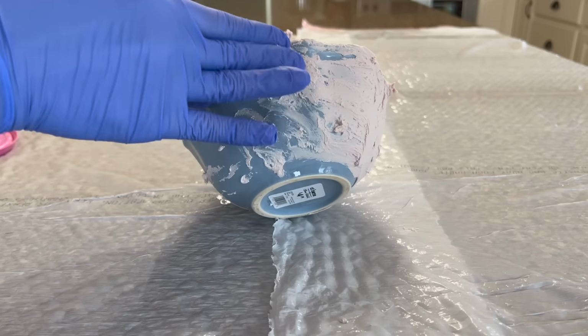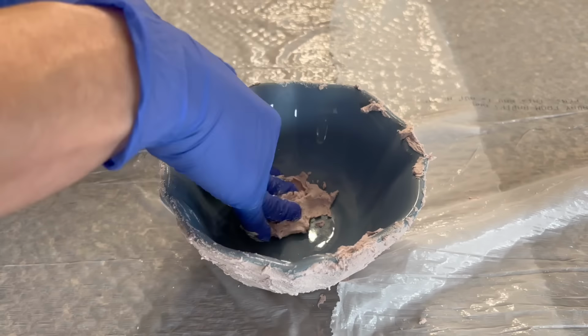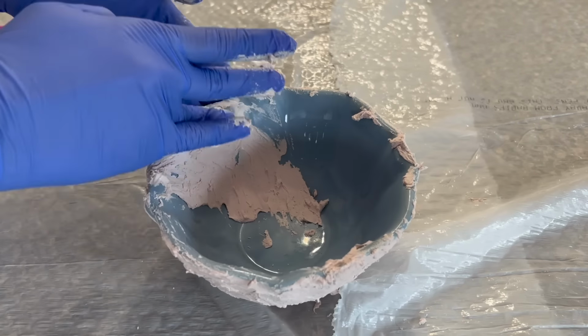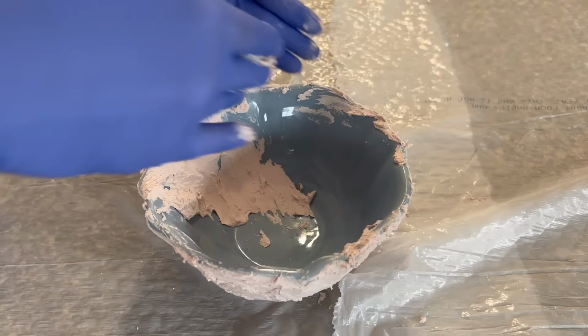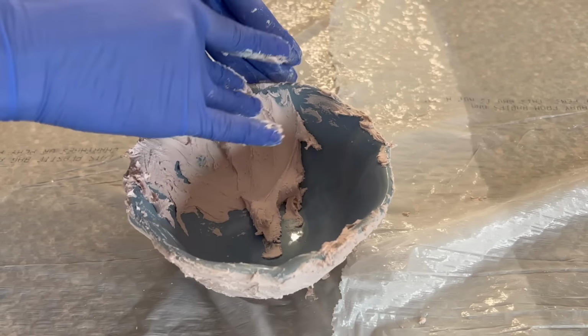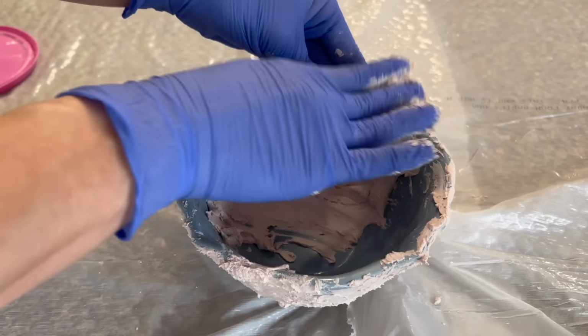All I'm doing is scooping out some and then smearing it on the outside edges as well as into the interior, making sure to cover as much of the surface as possible. Definitely wearing these gloves made this process a little bit easier. Now I'm not worrying about how chunky or textured it looks because in the next step, what we're going to